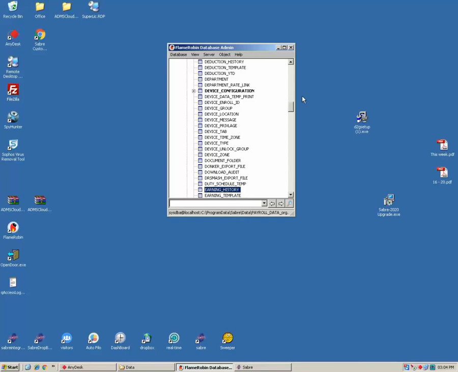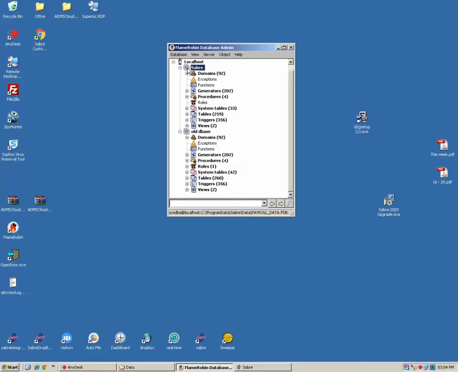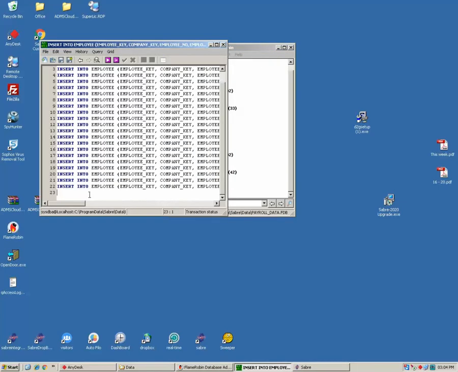You don't have to go to employee, sorry. Before we do that, let's just go back to the top. You actually don't need to go anywhere. You go to the top of the main database, you right click and you say run a query. So then you just paste that in there, Control V to paste,